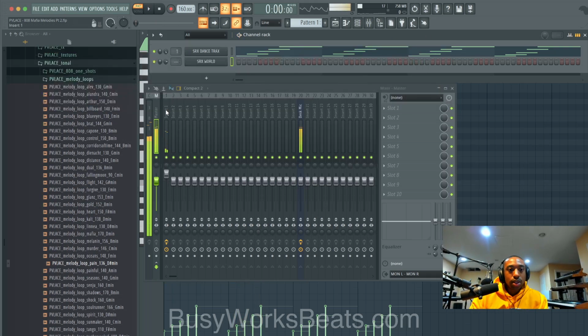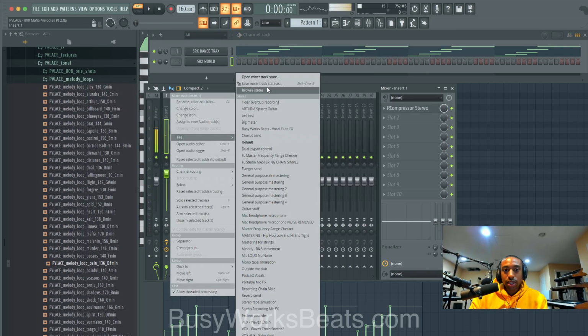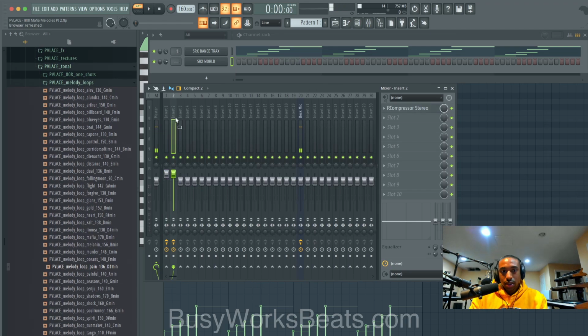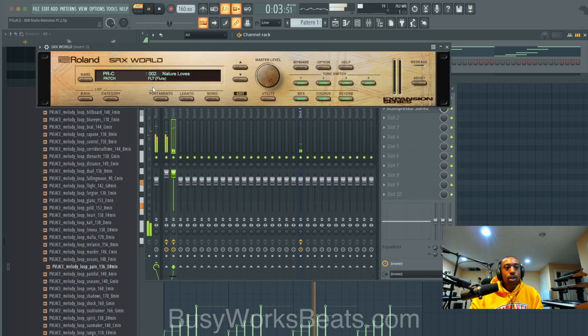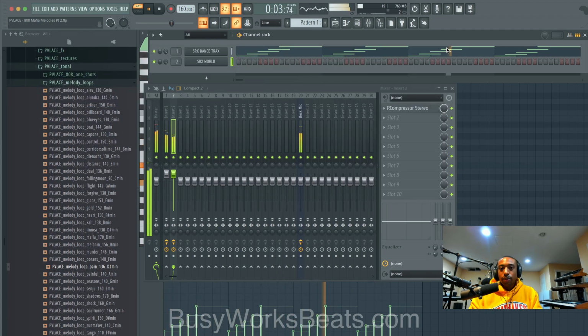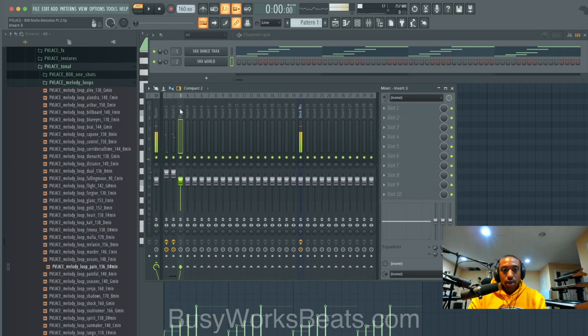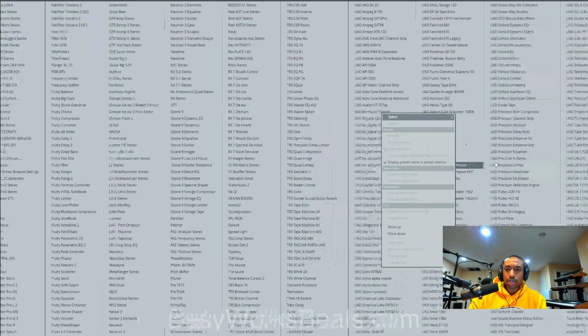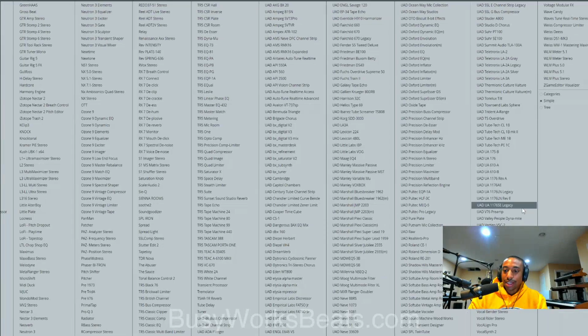So let's clone this over so we can have the same exact effects on the second sound. Because again, these sounds are really low, especially for making video. There we go. You just want to find the sound that goes with it. And then lastly, you just want to touch it up with reverb and delay. Reverb or delay, I'll say, because the delay is not mandatory.